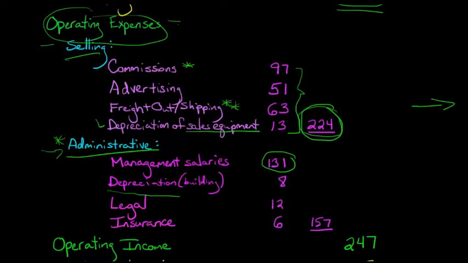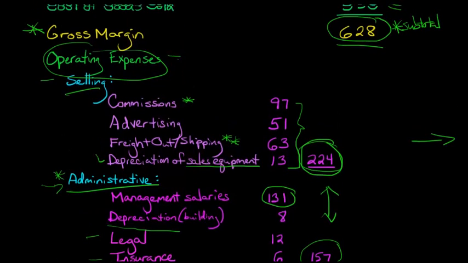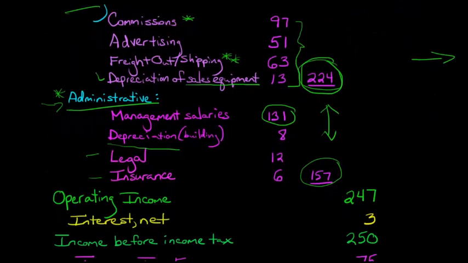So maybe the building, the office where the administration is, or equipment related to administration, copy machines. And then we've got a legal expense, insurance. These are all administrative expenses, and we ultimately get a subtotal for that. And then we add these two subtotals together and then deduct them from our gross margin to get the operating